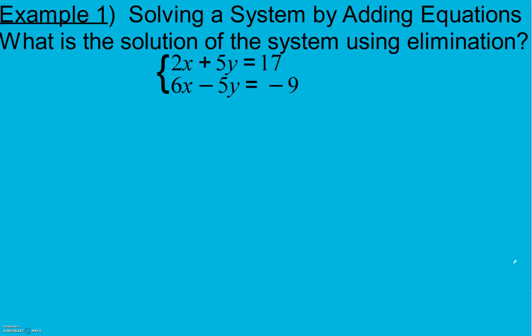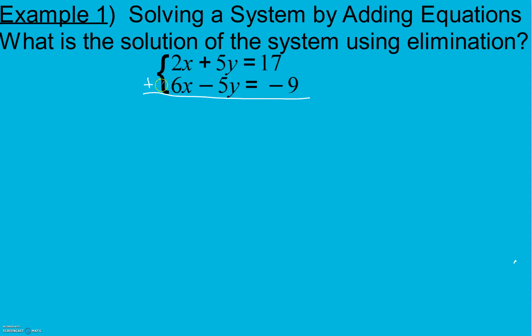And what elimination does is it lets us add our equations together because we know that they're the same on each side. Negative 9 is what 6x minus 5y equals. So we're adding the same thing to both sides of our equation. It just looks a little different. And when I do that here,